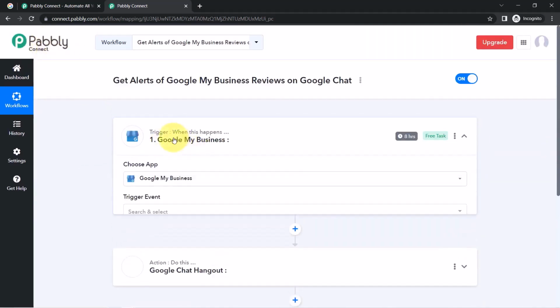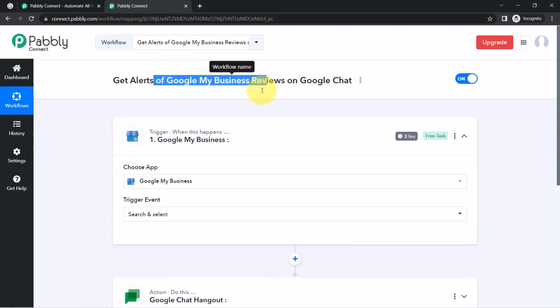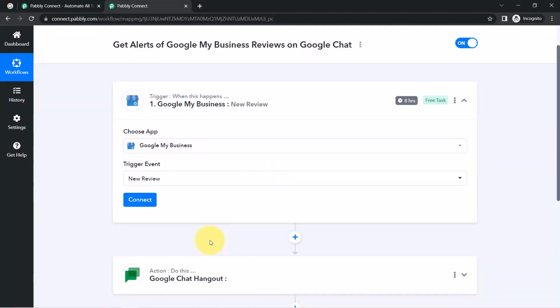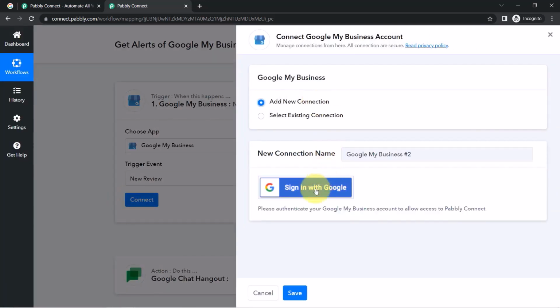Firstly, I will select the trigger event. I want this automation to trigger when a new review, not a new post, sorry, is received, because I want to get the alert of a new review. That is why I am going to select the trigger when a new review is submitted for a specific location. Now clicking on connect, then clicking on add a new connection, and clicking on sign in with Google,